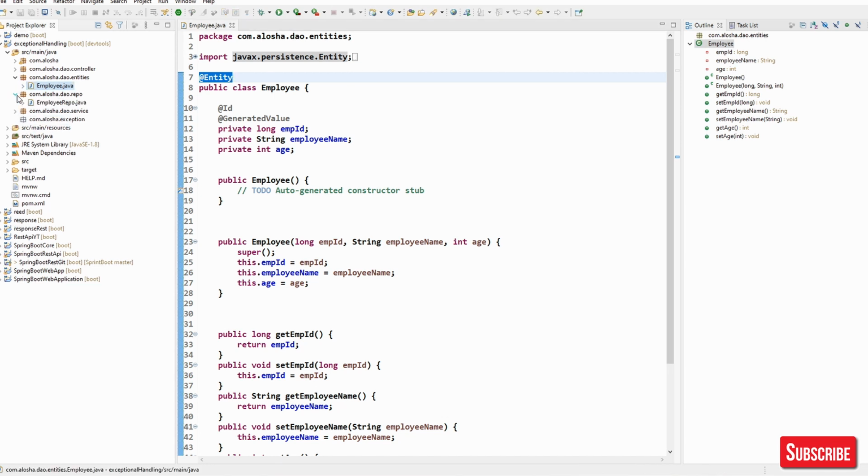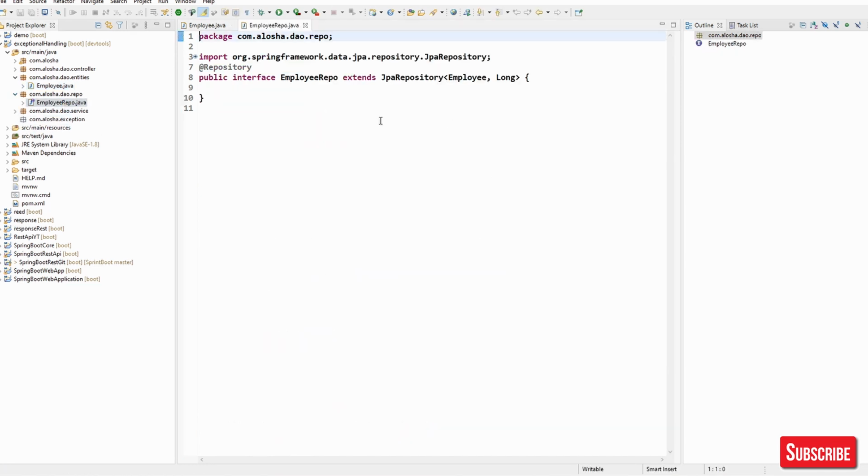Now what we will do is we will go for repository. Repository, actually you have to annotate it with @Repository, and you have to extend JPA repository. You can extend it with CRUD repository also. JPA repository has more behavior of JPA along with some more methods also. So you can go with JPA repository.